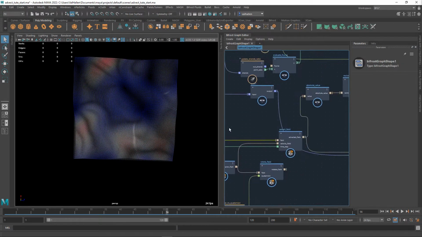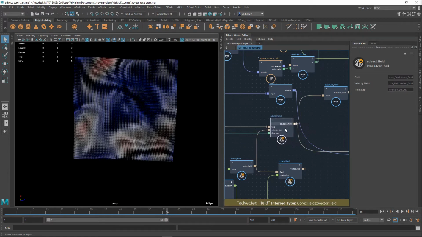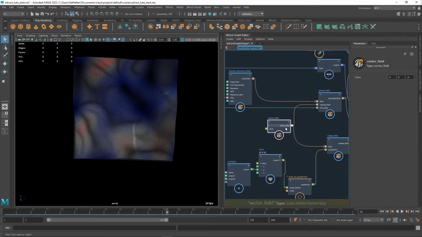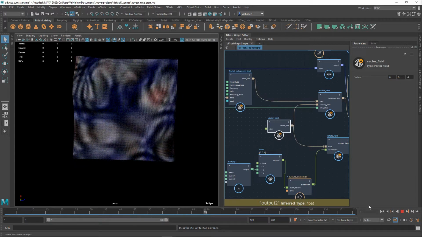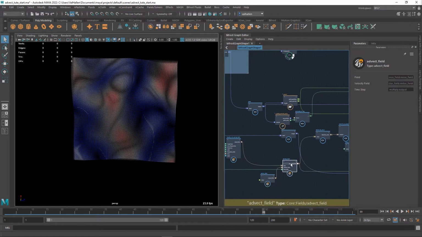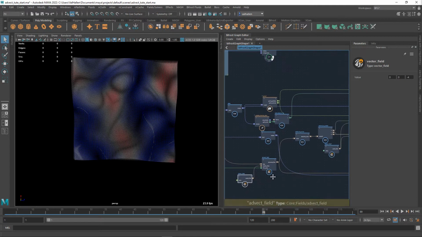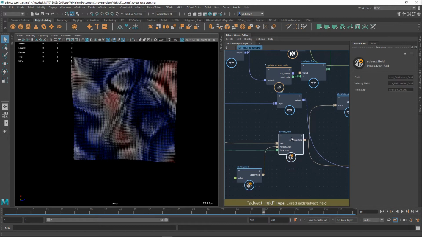So once we had that looking the way we wanted, we decided it needed some movement, plugged it into an advect field, and then grabbed ourselves a vector and plugged that in to get our movement of the entire thing in the -z direction. So this is providing our speed, and I will save this file and provide it at the link in the description. And then the last thing we needed to do to make the advect field work was plug the time